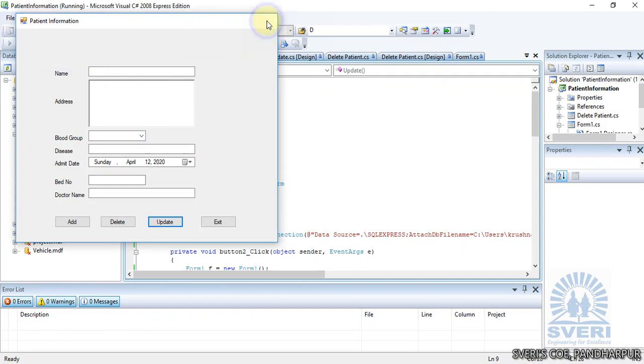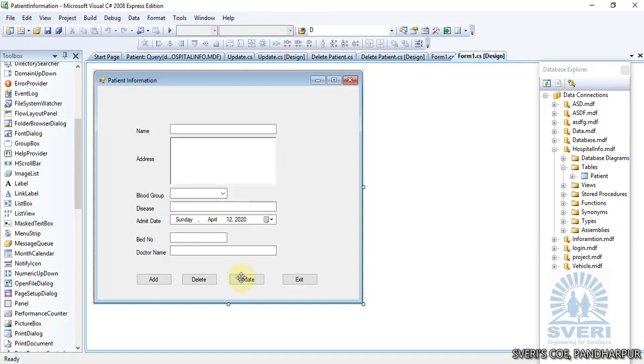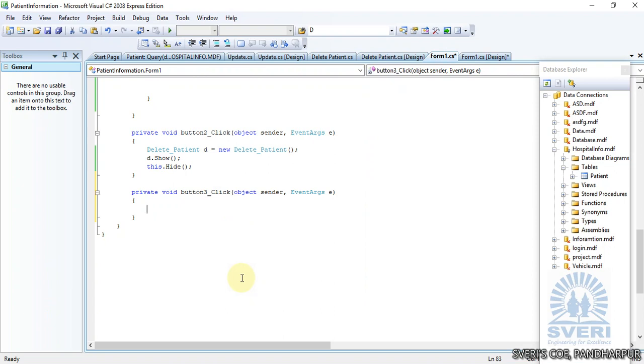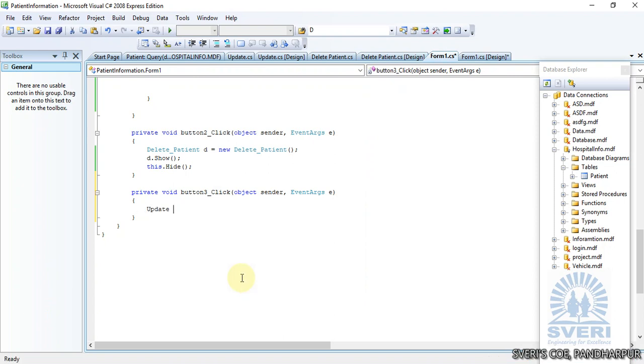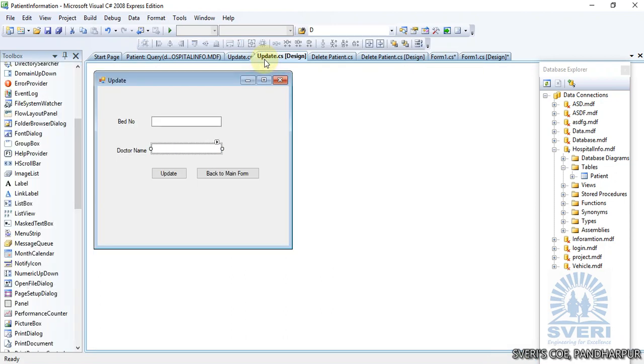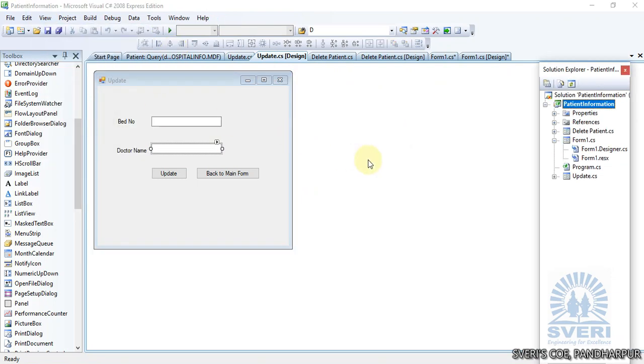So we have not coded for the update button. Okay, so form design one, on update button, update. The form name is update only, so we need to check it in the solution explorer. So go to the solution explorer, it's